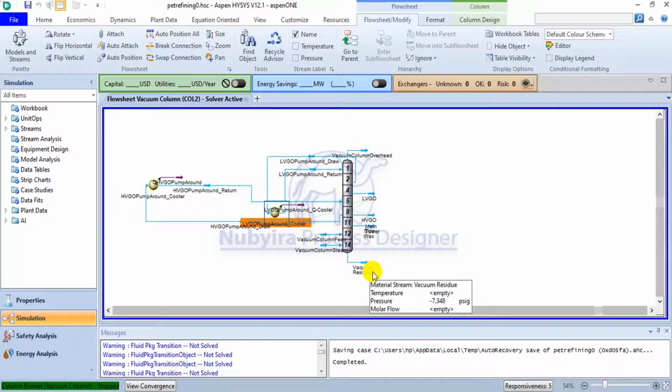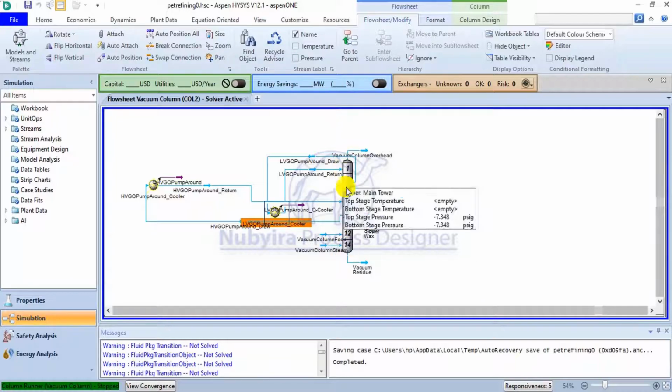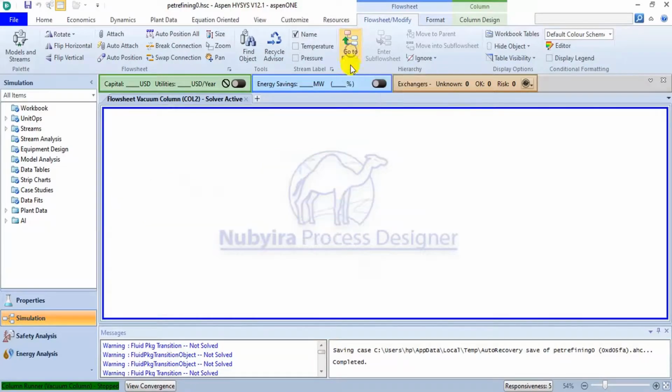No component of petroleum crude oil is useless. They take a lot of products from crude oil. So this vacuum column residue can still be processed further, and we have the feed coming in at stage 12 and the vacuum column steam at the bottom, which is stage 14. The number of stages in the vacuum column is 14. So I'll go back to the